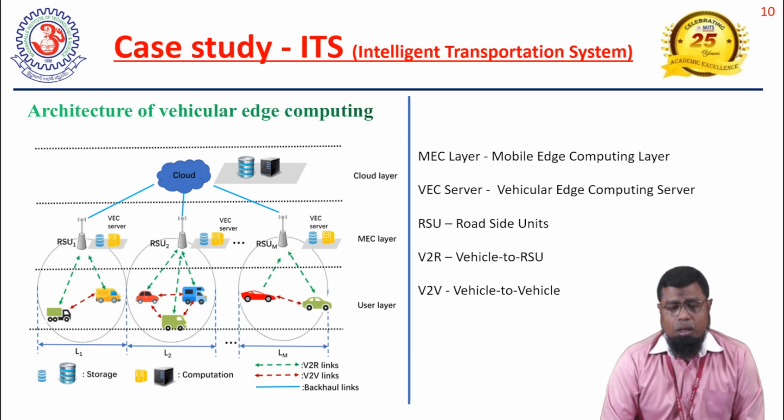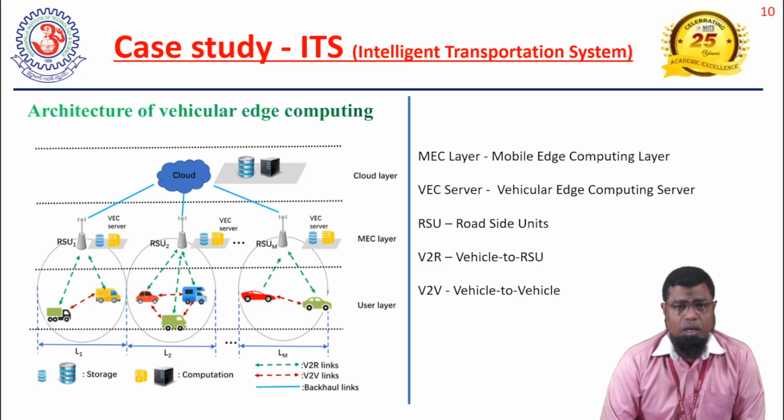And certain vehicles are now added with intelligence. They are behaving as self-driving cars. They will drive without the driver. So in such cases, they will generate a huge amount of data. So all these things are time sensitive applications. When self-driving cars are running on the road, they should not collide with a nearby vehicle. They should not be involved in accidents, and they should get the data at the right time so that they can travel without the driver. So in such cases, the intelligent transport system is dependent on edge computing since it is a time sensitive application.